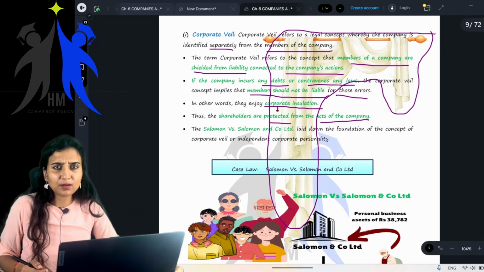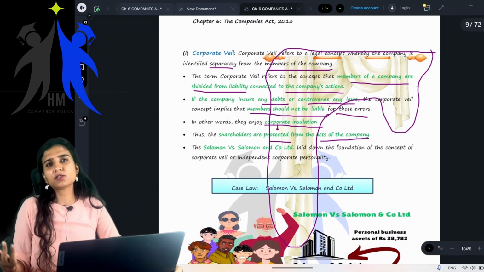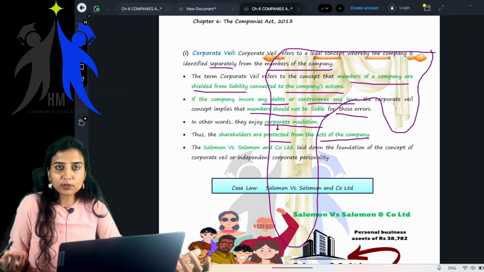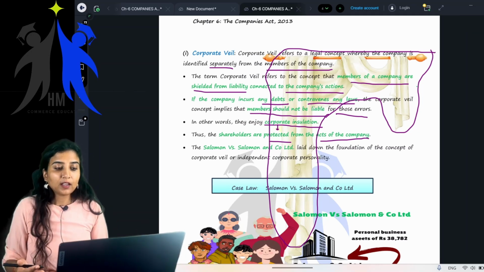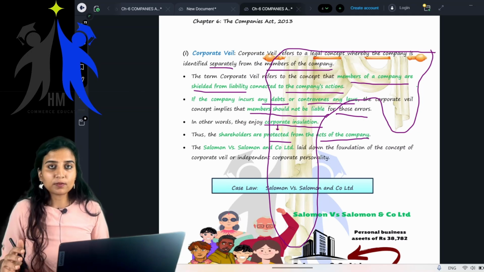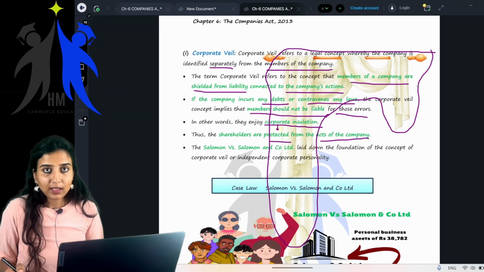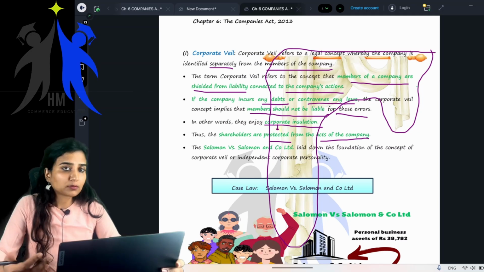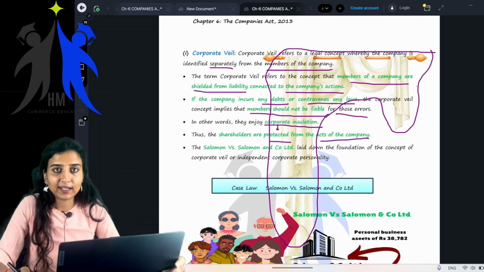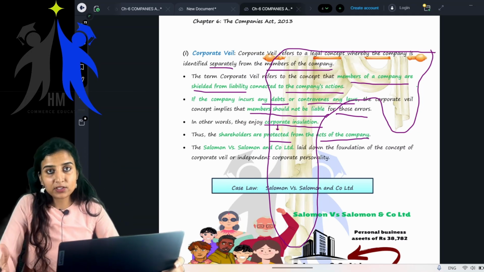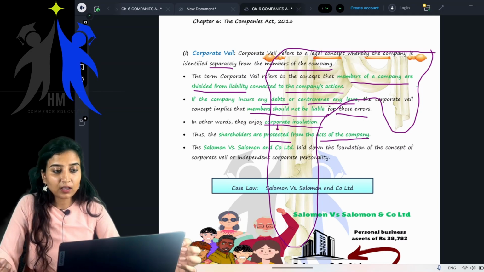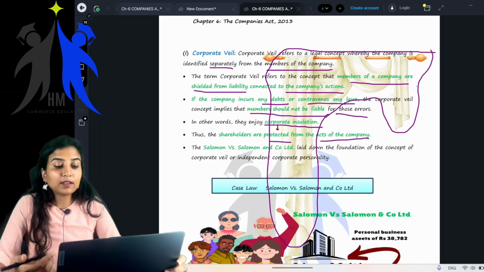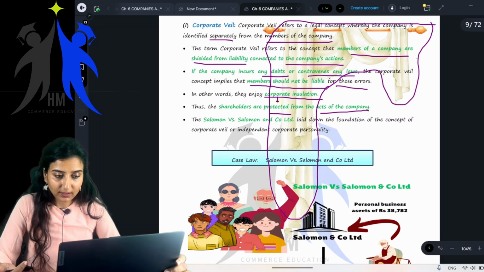Yes, very simple, because we know the features of the company in detail. We have spent so much time learning the basics of it. Obviously, the later topics must be very easy for you all. If you are not strong with the basics, all of these topics would go above your head. But since we have spent so much time on the features of the company, all of this will look easier, right?